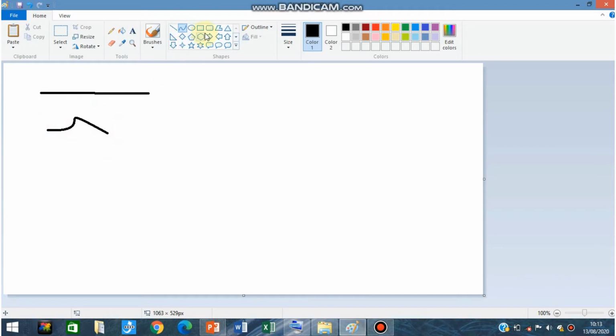Fine. Then next is the rectangle tool. By looking at these icons you can identify which is the rectangle tool and which is the line tool. It is very easy. Fine. So just click on that rectangle option using your left click on the mouse. When you left click on it, that means your option has been selected.